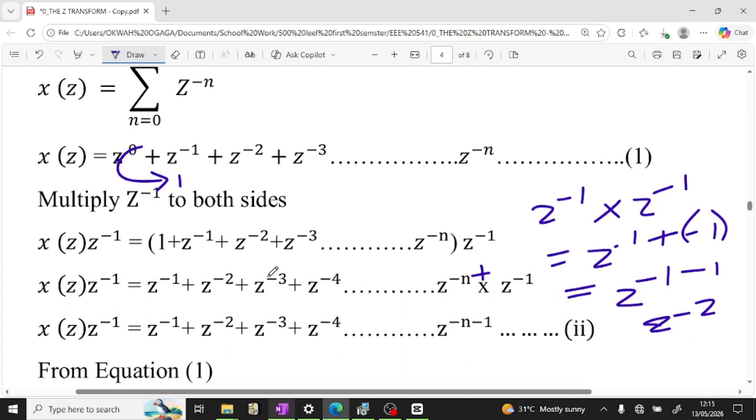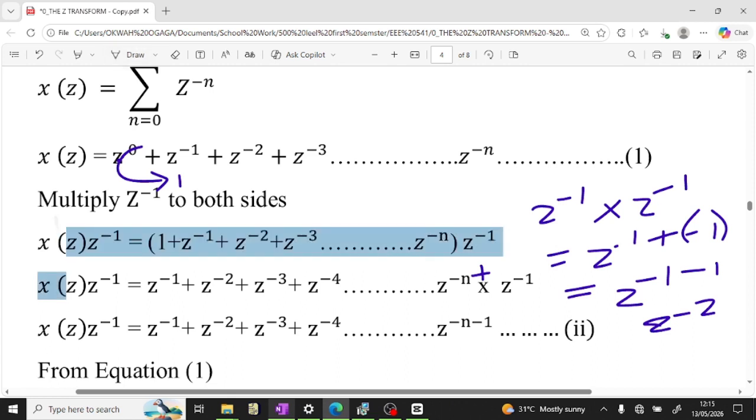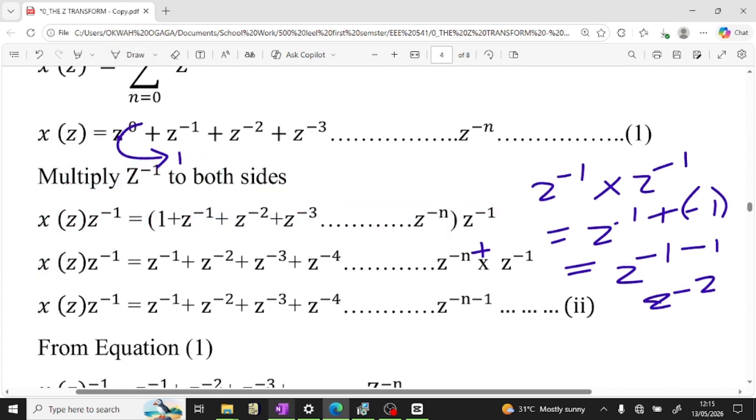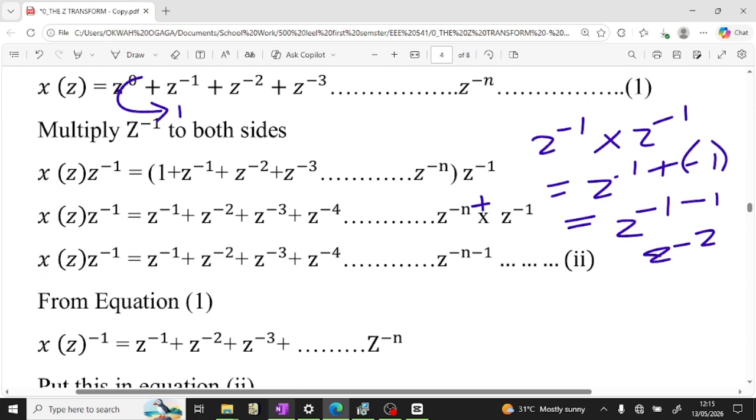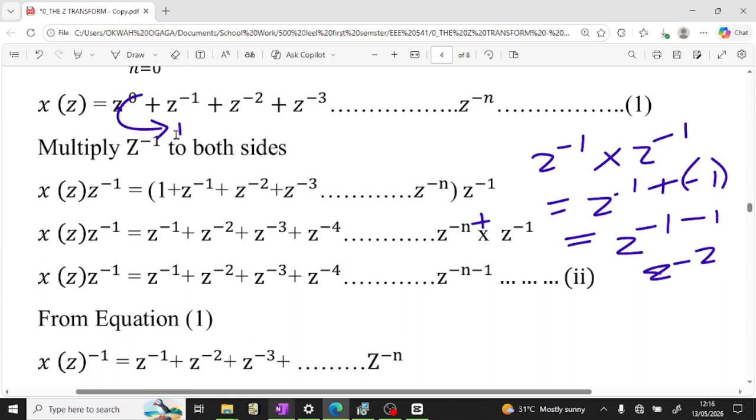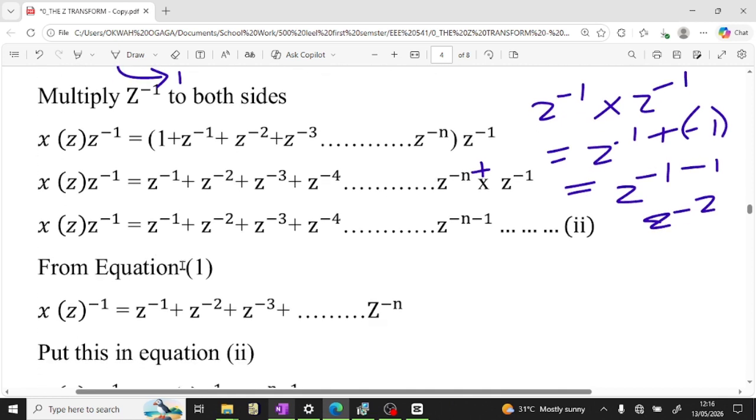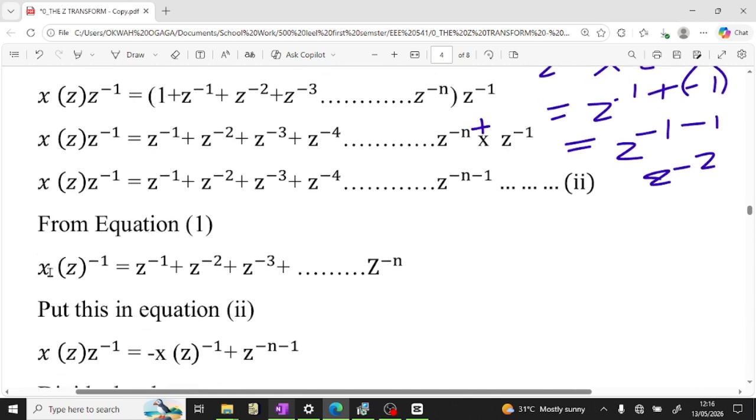This guy down, this one down, this one down, this one down, this guy down. Then you do the normal thing by saying from equation 1, look at equation 1. You move this one this way. When you move this one, you bring it this way to join here. Of course, it becomes -1. The rest looks like the first part of what? Equation 2 up to somewhere here. So, meaning from equation 1,